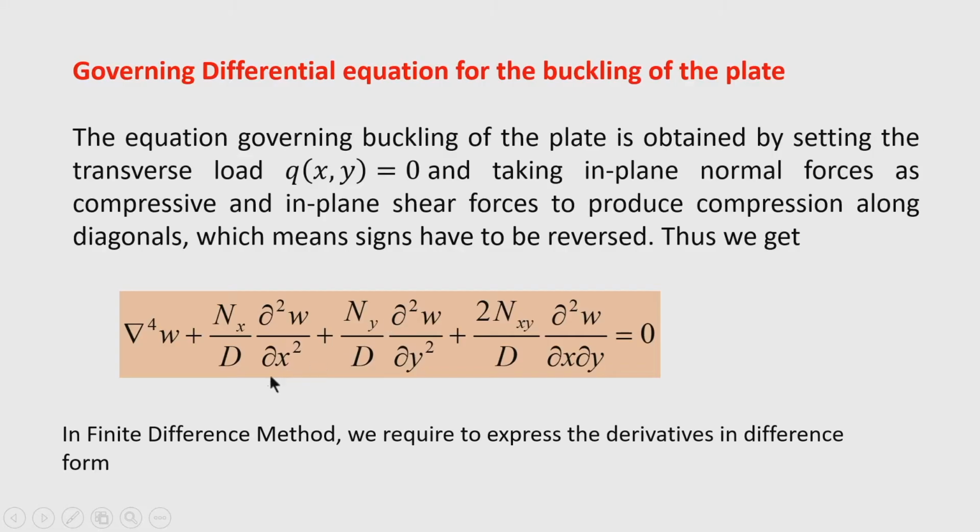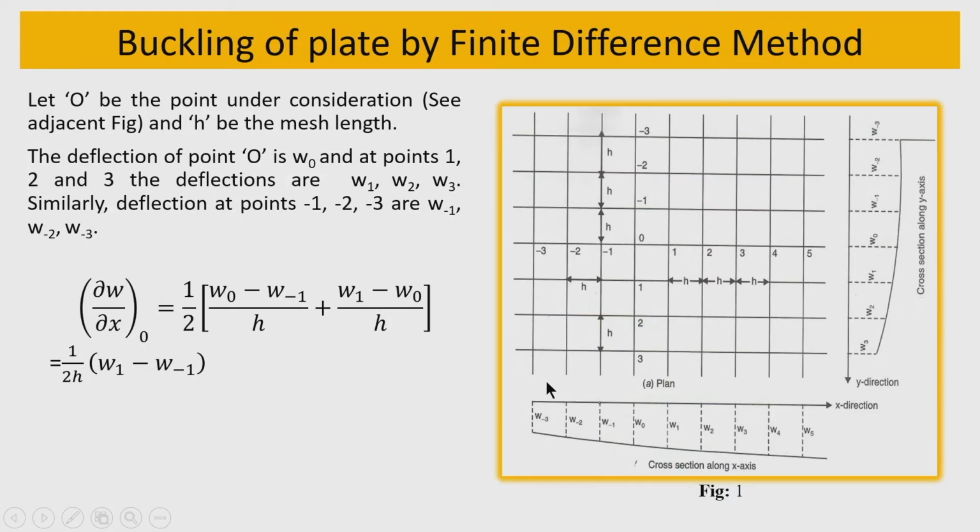the derivatives appearing in this equation in difference form. So, first we have to obtain the first derivative in the difference form and then the second derivative, third derivative up to the fourth derivative, and then we also need the mixed derivative, that is involving the twist curvature in this case of membrane shear. Okay. So, let us see, say a domain of the plate, here it is shown, and this